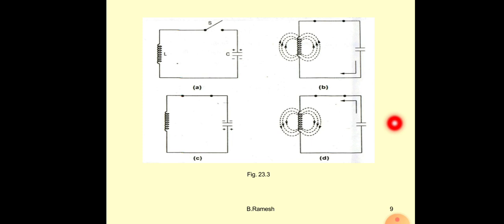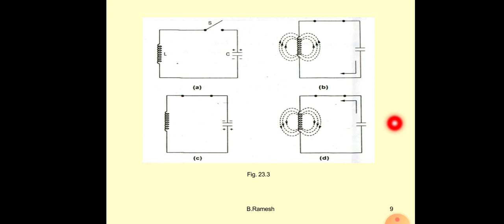After the inductor is fully charged, with respect to time, figure C shows the capacitor again starts charging and the inductor starts discharging. The energy is stored by the capacitor, and the polarity will be changed. The current direction remains the same way, so the polarity will be changed. So now the capacitor starts charging.